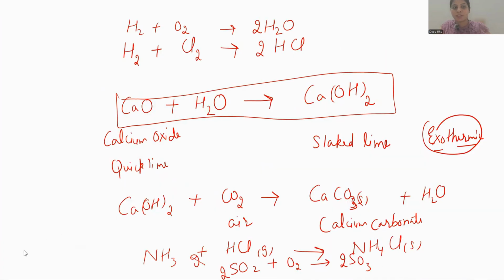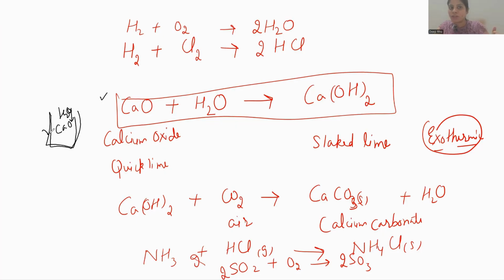So what is this reaction? Let's do it. You all have seen whitewashing at your places or at some place. So what does the person do? For whitewash, they use calcium oxide, the other name of calcium oxide is quicklime. You must have seen that the whitewash person adds water to calcium oxide, so they mix up, mostly with a wooden stick. So if you touch the outer part of this container, it is hot because it is